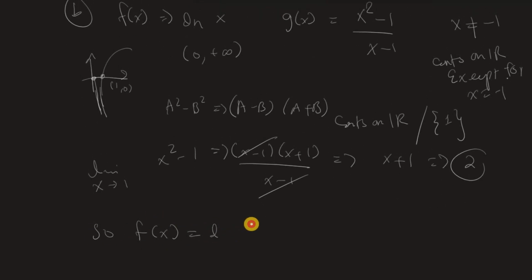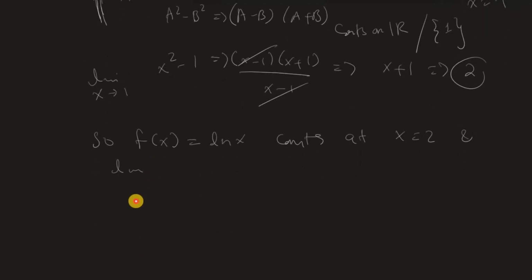So now what we can say is that f of x equals ln of x is continuous at x equals 2, and limit as x approaches 1